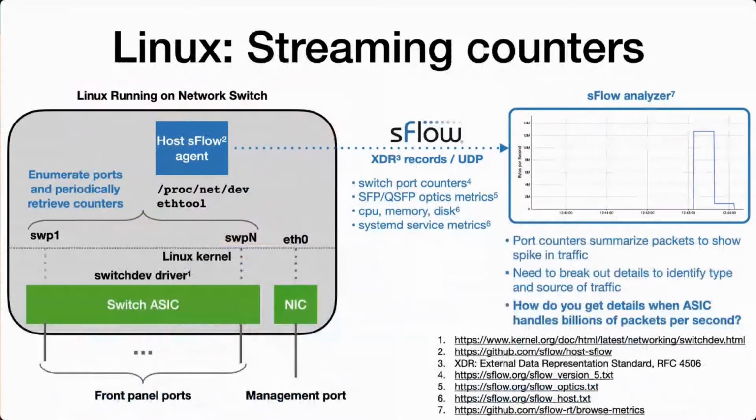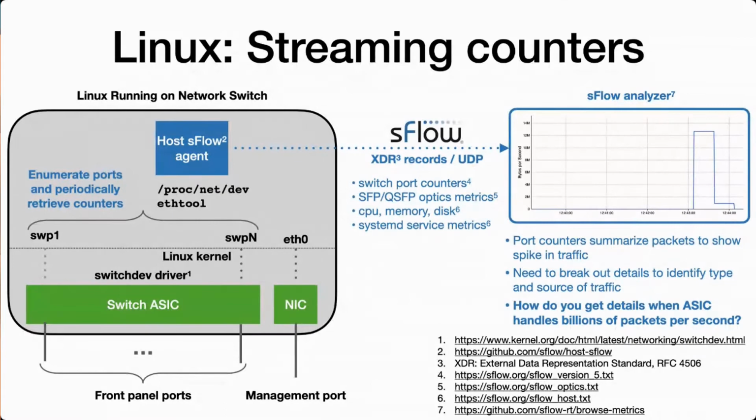So the Linux kernel maintains detailed network counters exposed via netlink, ethtool, and /proc. And host sFlow takes advantage of these standard APIs to stream the counters to the sFlow analyzer. sFlow defines standard structures for sets of related metrics. So for example, the switch port counters report frames, bytes, errors, and discards, while the optical interface structure adds transmit and receive power for each SFP in its optical lanes. These structures are encoded in extensible data record format, or XDR, which was designed by Sun for RPC and NFS. And sFlow is designed for real-time monitoring, so UDP transport is used for low latency, and the protocol is tolerant of packet loss